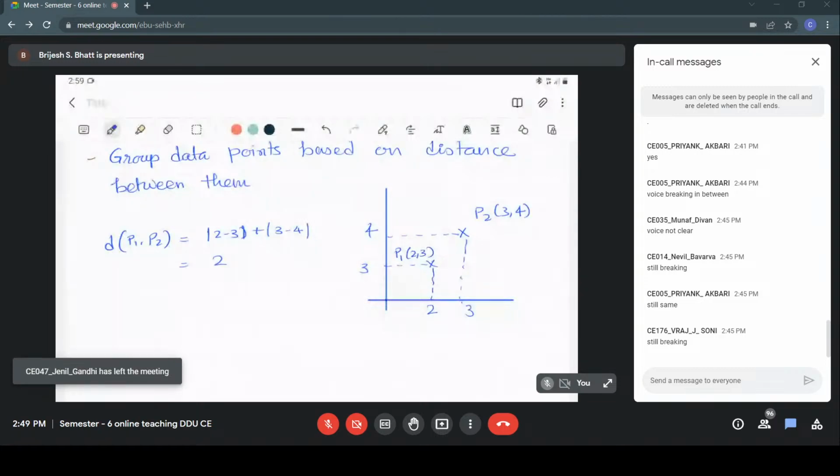One measure is, as you can see on the screen, the distance between 2 points as a direct distance: 2 minus 3 plus 3 minus 4 is equal to 2. This is one way of doing it. And the second way of doing it is called